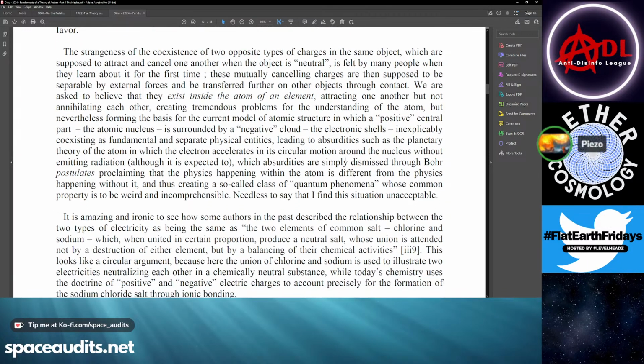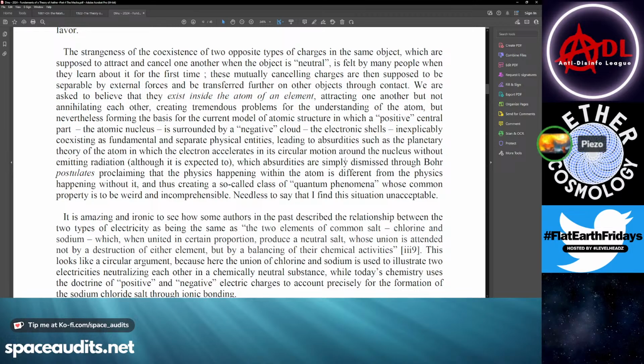The strangeness of the coexistence of two opposite types of charges in the same object, which are supposed to attract and cancel one another when the object is neutral, is felt by many people when they learn about it for the first time. These mutually canceling charges are then supposed to be separable by external forces and be transferred further on other objects through contact. We are asked to believe that they exist inside the atom of an element, attracting one another but